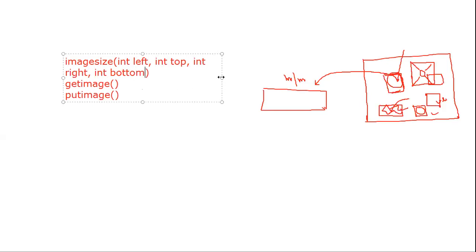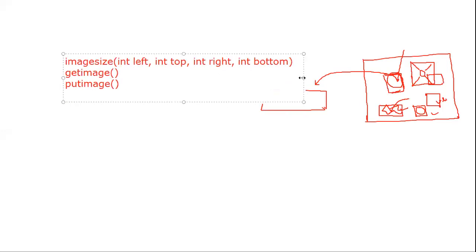So these parameters we will pass into this. These are the parameters of the imagesize function. Left, top, right and bottom define a rectangle within which the object fits.